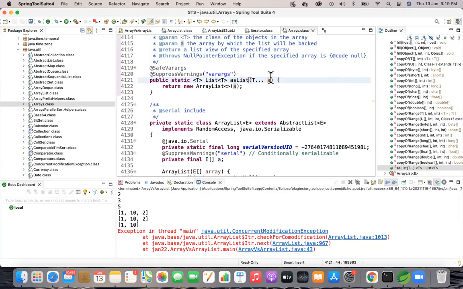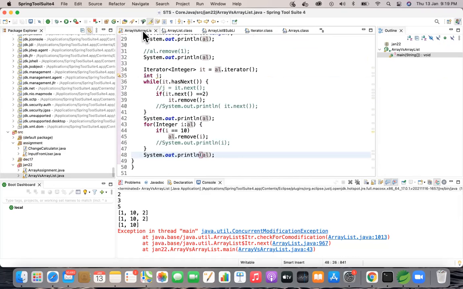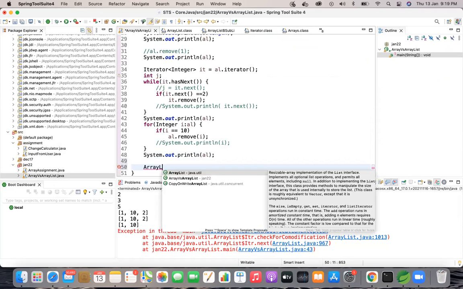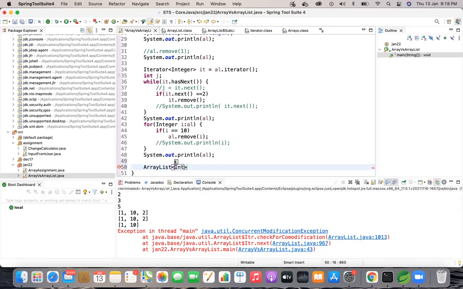Now, can you go to your class where you have created your array list? So now, after line number 48, you create one more ArrayList object, ArrayList of Integer. And give some other reference name equal to, no, don't create new.